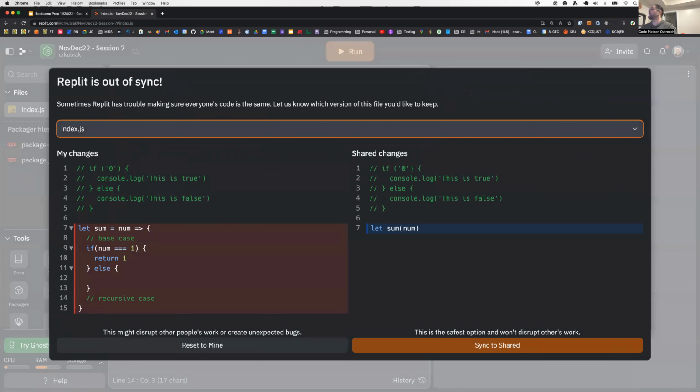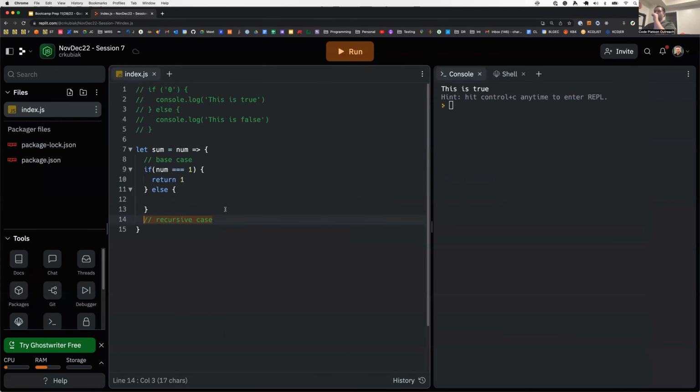Well, what do you do in the Replit? I guess reset to 9. Haven't had that one happen before. All right, and so for our recursive case,